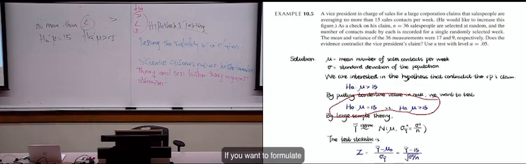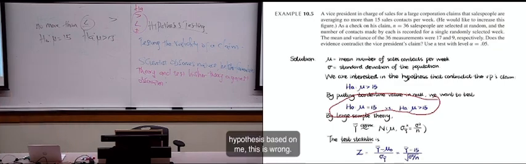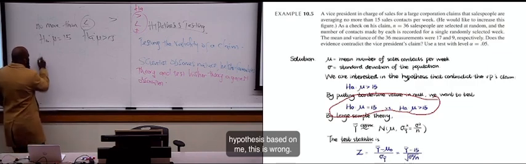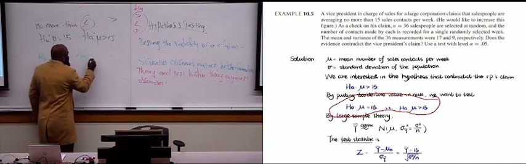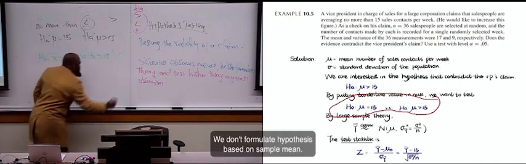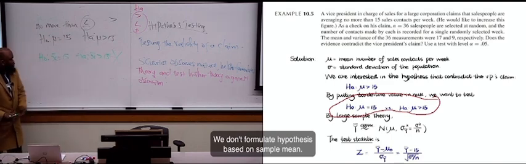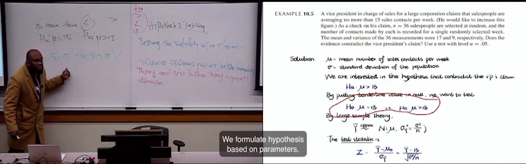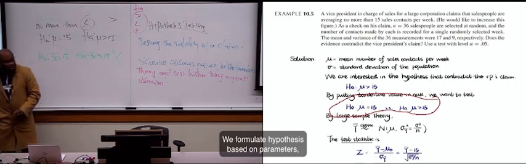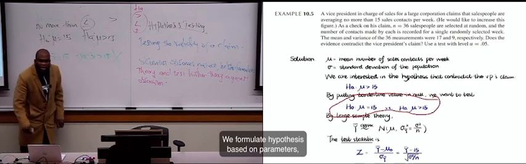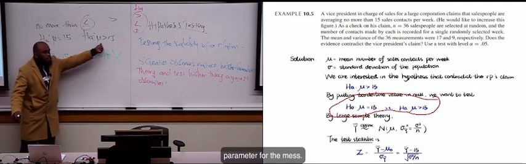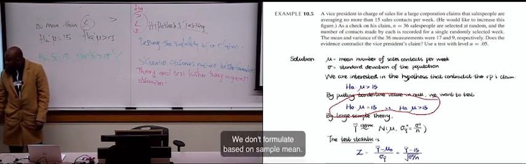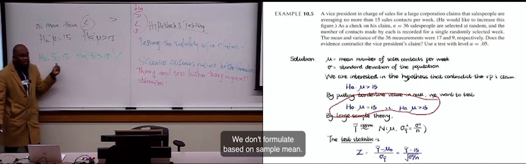If you want to formulate a hypothesis based on the sample mean, this is wrong. We don't formulate hypotheses based on the sample mean. We formulate hypotheses based on parameters. Does that make sense? So the parameter for the mean is mu. We don't formulate based on the sample mean. Now,